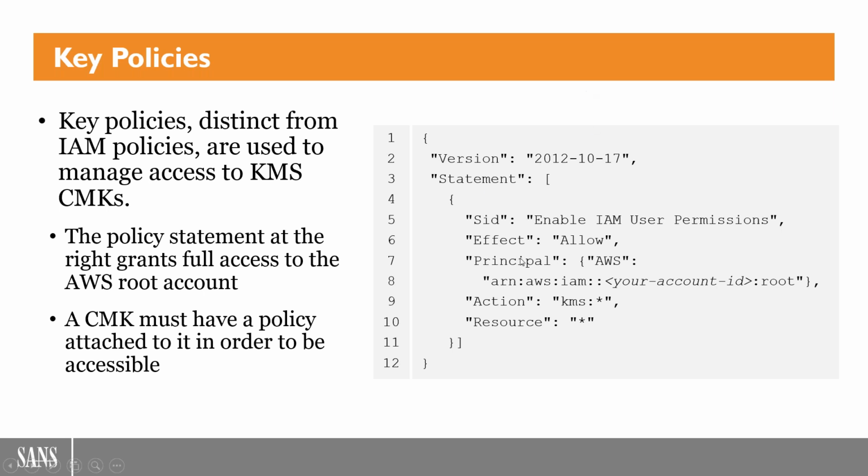I do have a policy example right here that's showing granting full rights to the AWS root account. You do not have to do this, and if you didn't, the AWS root account would not have full access to that key. But in this case, we're choosing to grant it to the root account. We're not using the root account for anything, but in the case of an emergency where we needed to get access to that key, we would have access to it through the root account and be able to do whatever we want. I'm not necessarily recommending you do that, but just demonstrating that it is an option, and wanted to make clear the distinction between IAM policies and key policies.